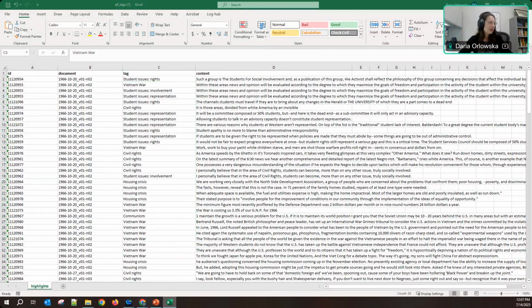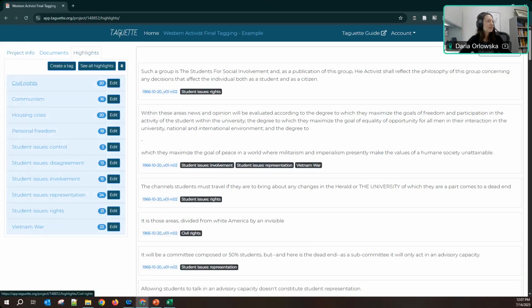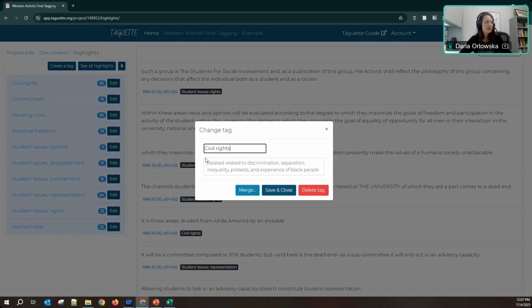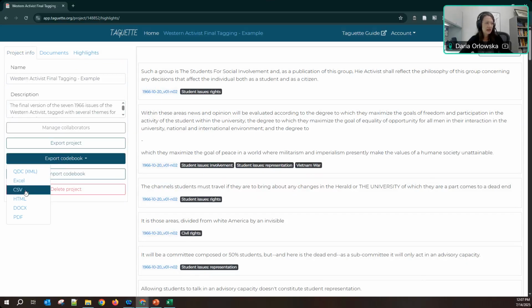The other thing that you will find to be of interest is exporting your codebook. The codebook is the descriptions of all the tags that we put in. That was under highlights. If we click edit, you can see this text, which will be part of the codebook. If I go into export codebook, I can export it as different things.